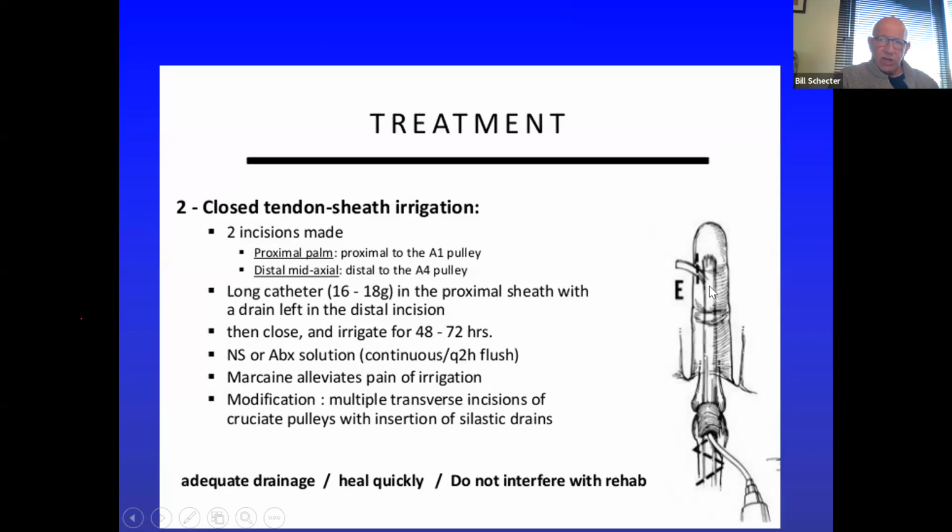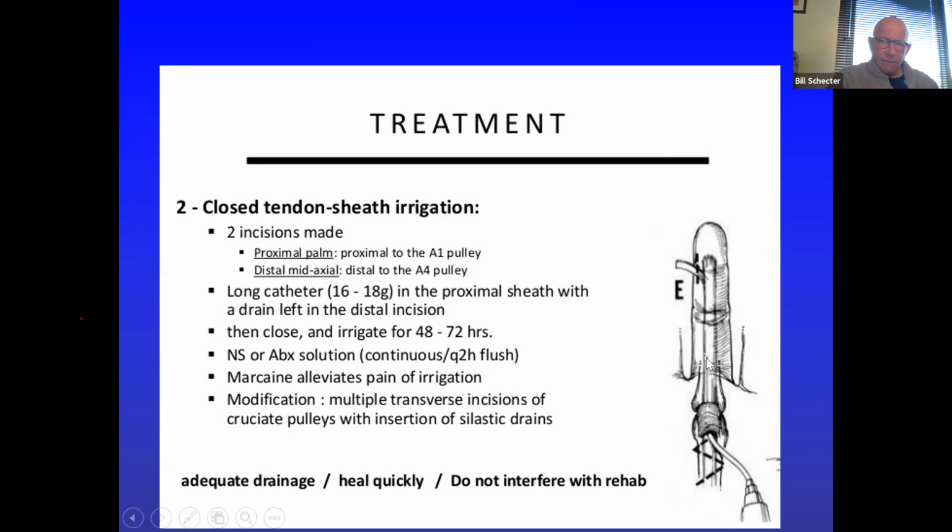And you're going to make an incision here, and there's going to be fluid coming out. Now, it may be just regular fluid, or it actually may be frank pus. Okay. So now, what we want to do is make a counter incision in the distal palm and thread a